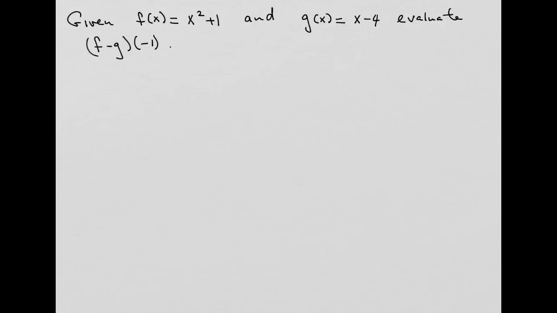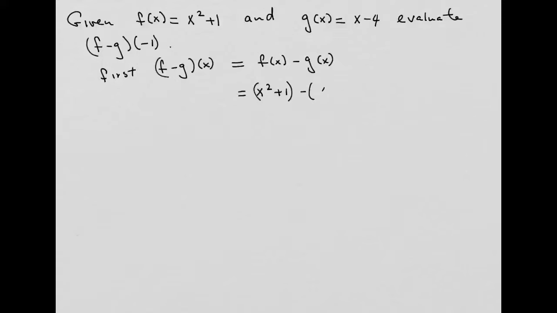So we're given two functions here and we want to subtract them and then evaluate at -1. So first, what is f minus g of x? Keep in mind that f minus g of x is the same as f of x minus g of x. So f of x is x squared plus 1, and we're going to subtract g of x, which is x